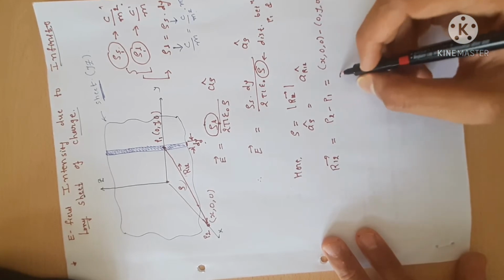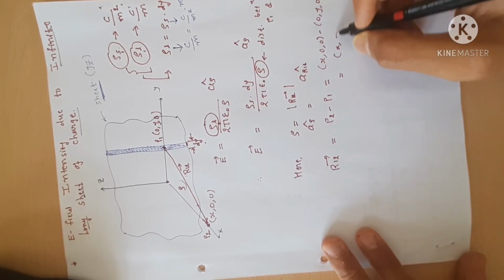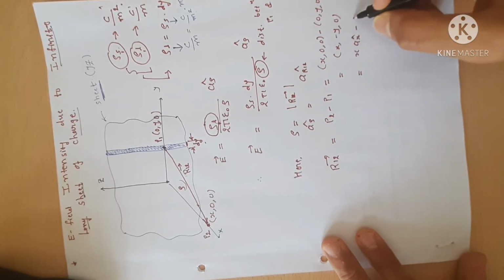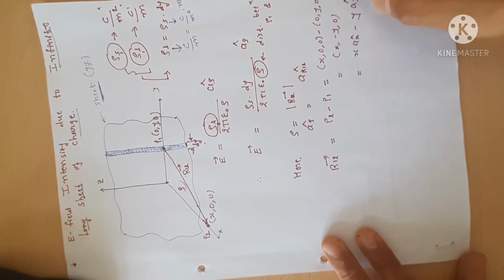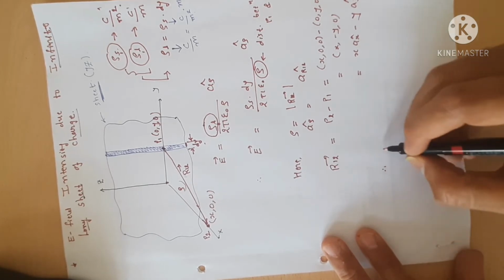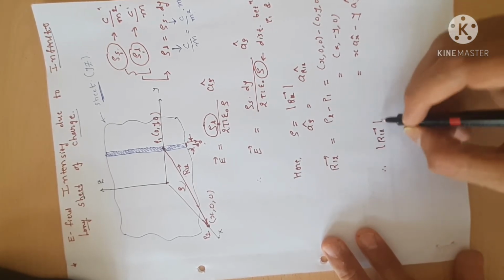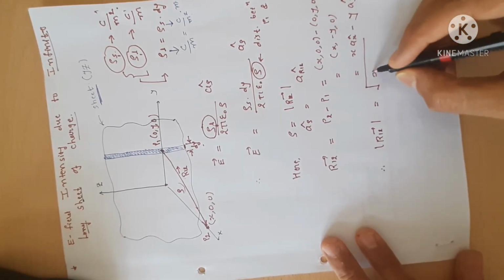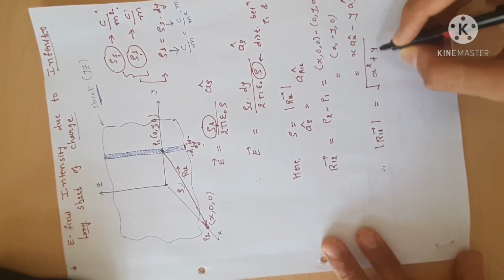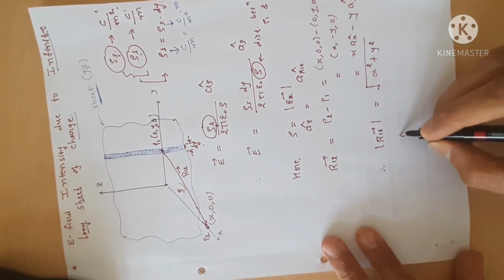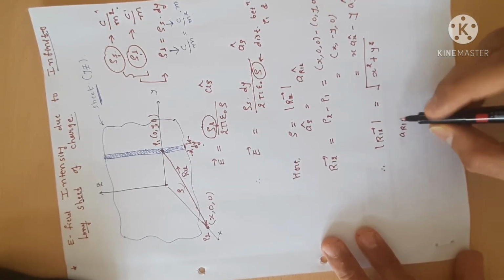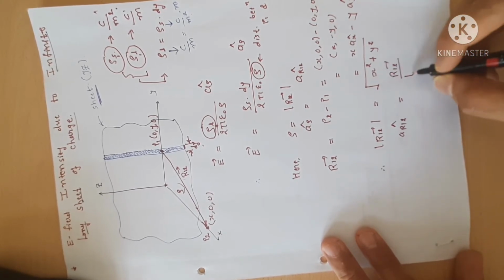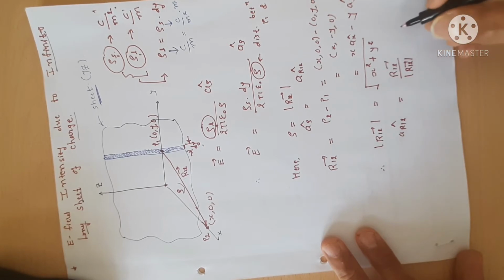So this is my R12 vector. So this is x minus y0. Okay, so this is x ax minus y ay. So mode of R12 vector is under root of x square plus y square. This is the mode of R12 vector. And how can we define the unit vector? Unit vector means vector upon its mode. In this way we have to define a unit vector.